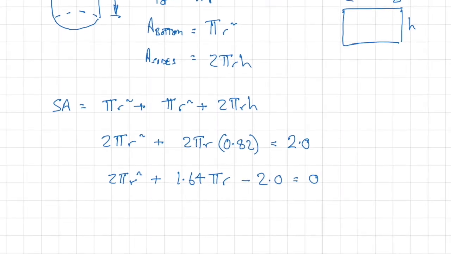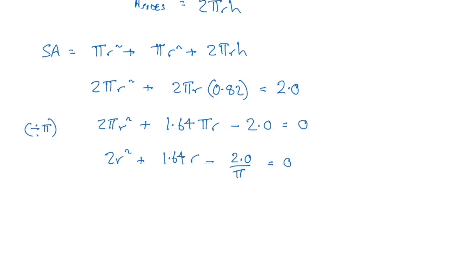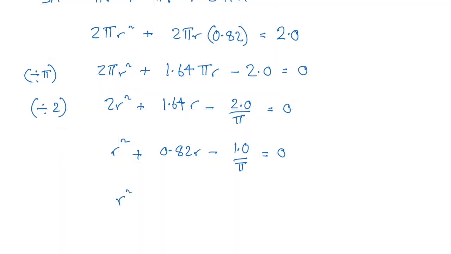So now this kind of takes the shape of a quadratic. What we can try and do is cancel pi or divide this equation by pi to make it a little bit simpler. So 2 r squared plus 1.64 r minus 2.0 divided by pi equals 0. And if we try and make it a little bit simpler as well, we're going to take our equation and divide it by 2. So you're just left with r squared plus 0.82r minus 1 over pi equals 0,